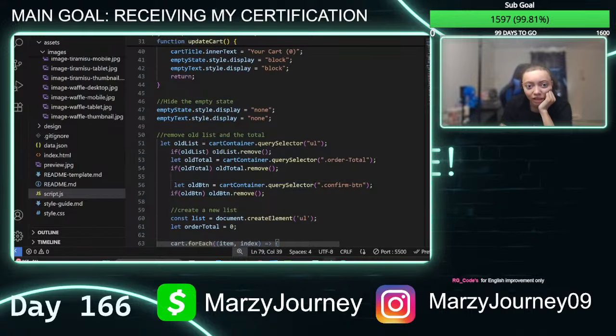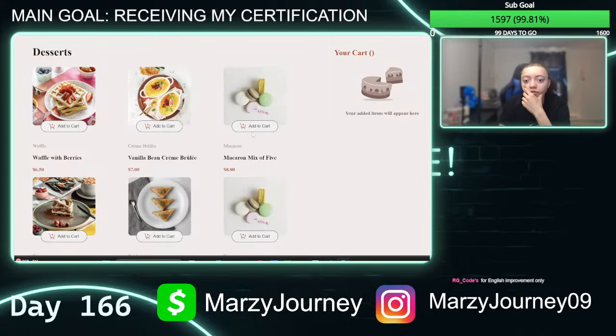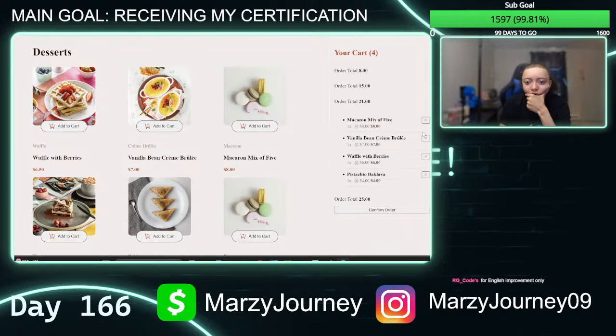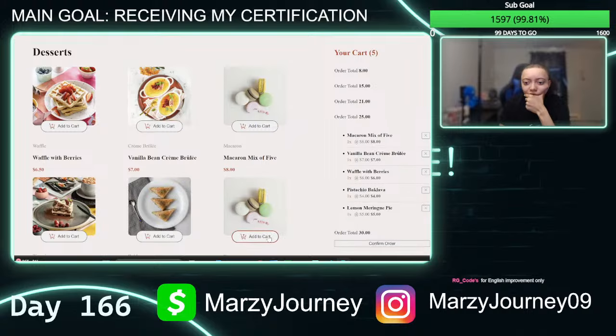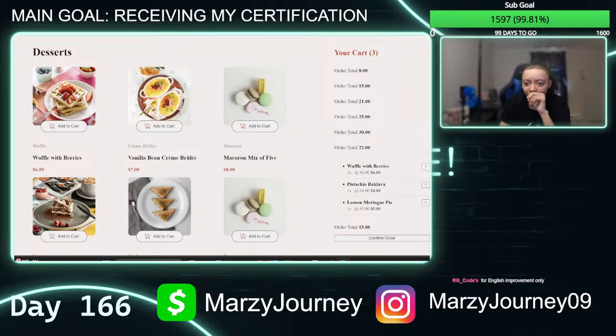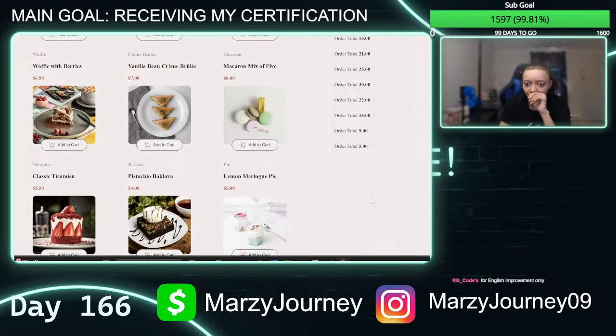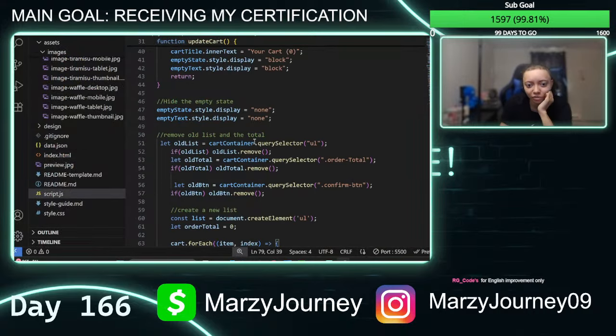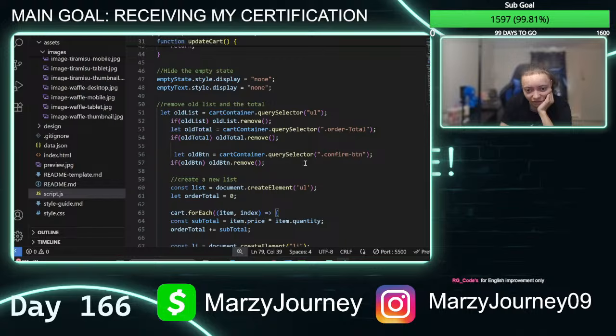Because it removed the button. Hold on real quick. Because when we started adding the cart... Oh, at least it still adds this stuff. When we started adding the cart, the confirm button is still there. This goes up to 5 at least. But the order total keeps popping up when it's supposed to be removed. But then when you click the X, the order total stays for some reason, but the confirm button disappears. So that's something where we did that part right, at least when it comes to the confirm button disappearing.